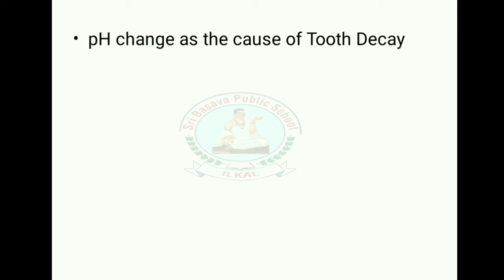To break down this sugar, these bacteria produce acids, and due to that the pH falls to about 5.5, which makes the mouth acidic, and due to that the enamel, which is a strong